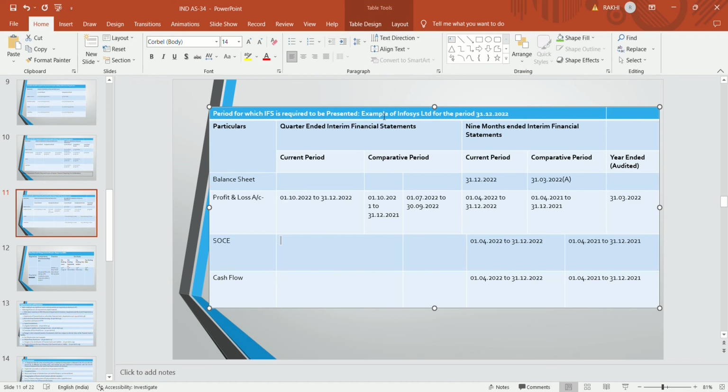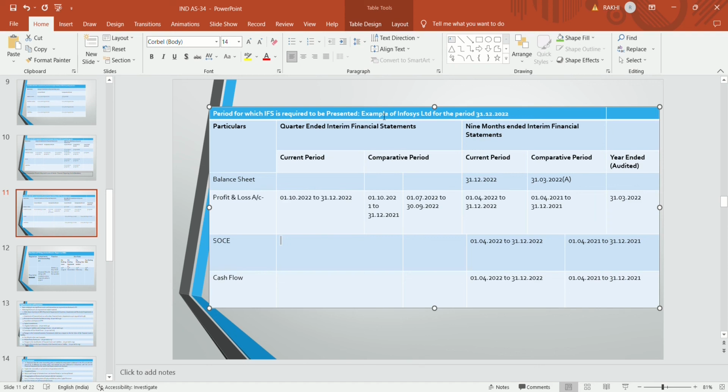The balance sheet will be as at 31st December, and the comparative figure will be the audited figure, that is 31st March 2022. Profit and loss for the quarter ended means the current quarter of the relevant 9 months, from 1st October to 31st December 2022, and the comparative figure will be the last year's current quarter, that is 1st October 2021 to 31st December 2021, and a comparative figure will also be given of the previous quarter,